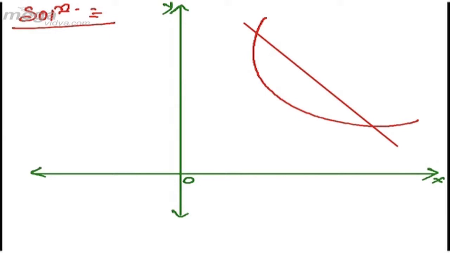So you will get 2 points of intersection, one is this and one is this. Now we will join these two points with the origin. When you join it,